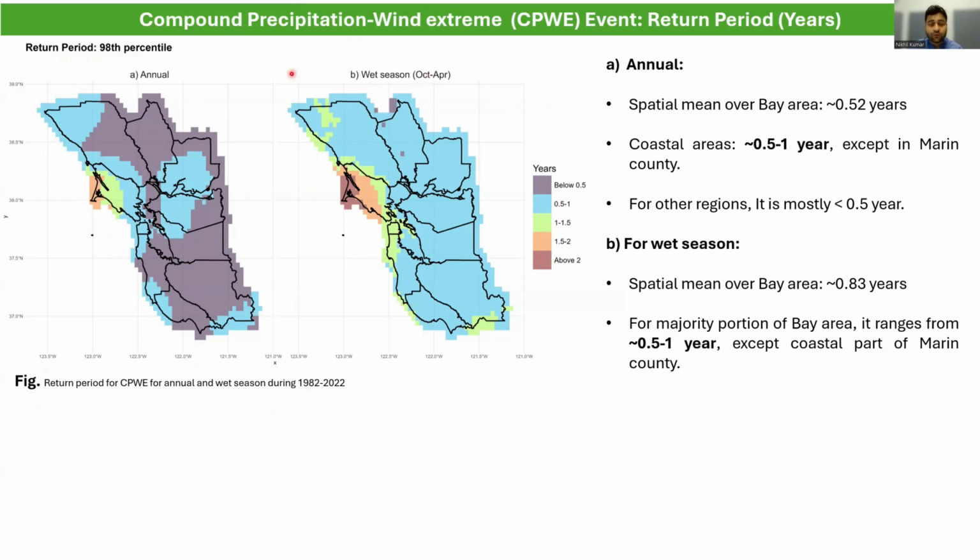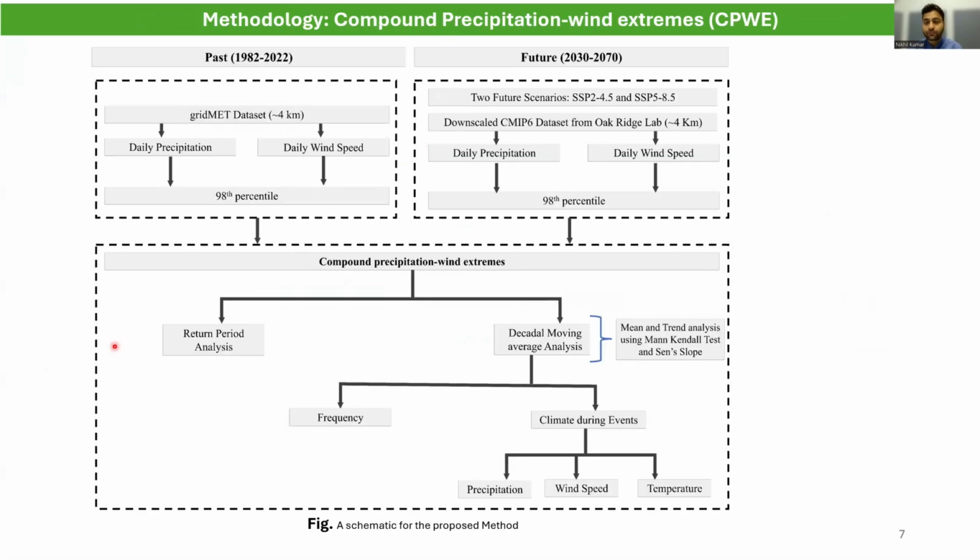And if we move down to the wet season, the spatial mean over the Bay Area is about 0.83 years. The majority of the Bay Area ranges from 0.5 to 1, which is this blue color, except for this coastal part of Marin County. So now that I have discussed the return period analysis and the percentiles, let's focus on the decadal moving